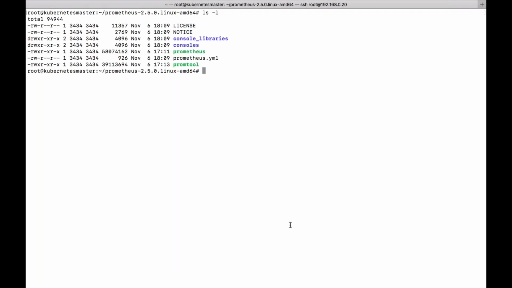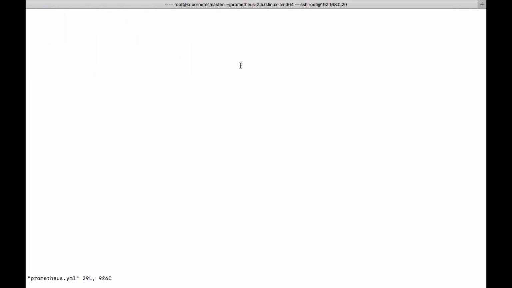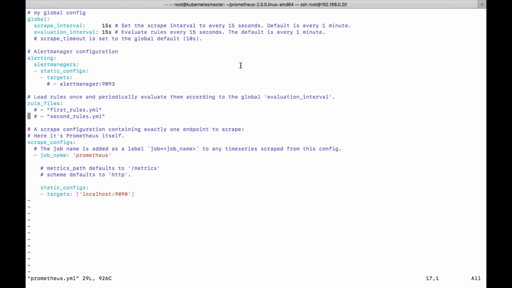Here you can see this prometheus.yaml file. Open this file. It can be .yaml or .yml, both. You can see here, this is the main thing.